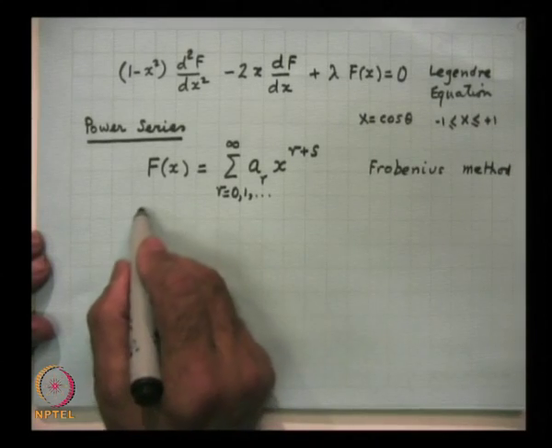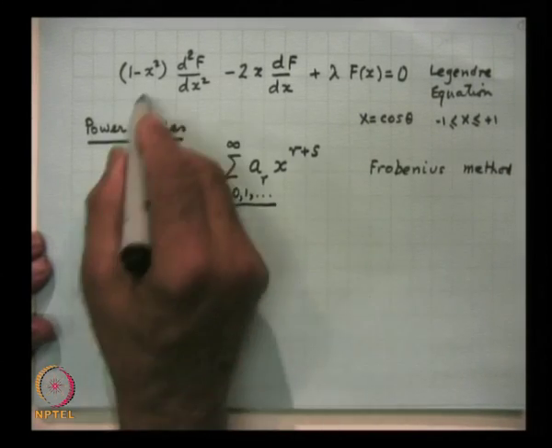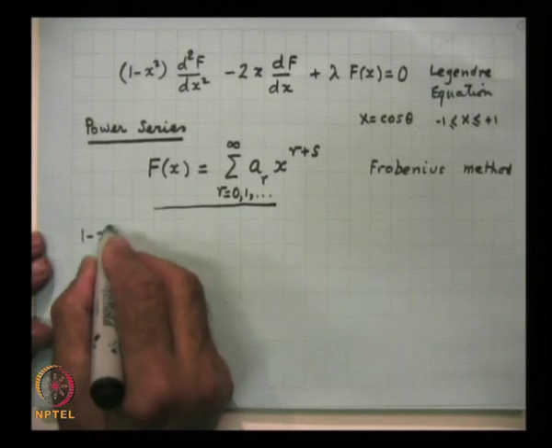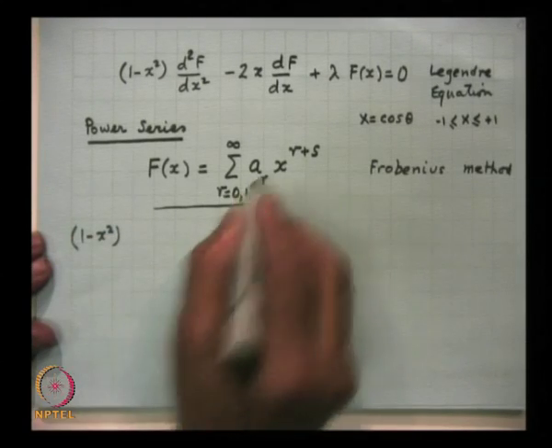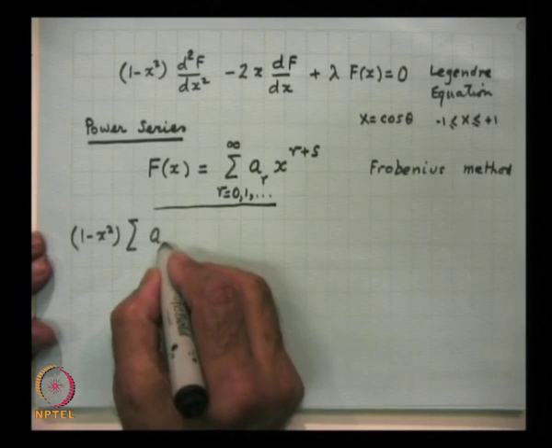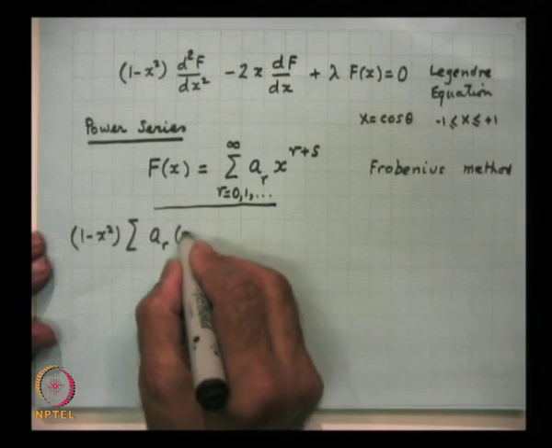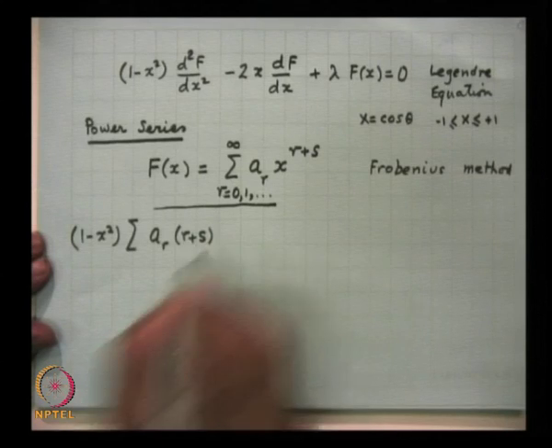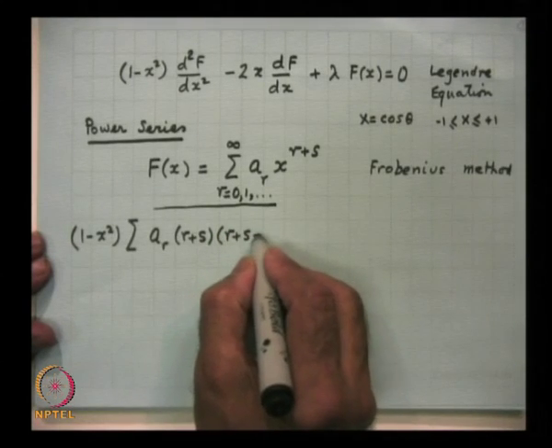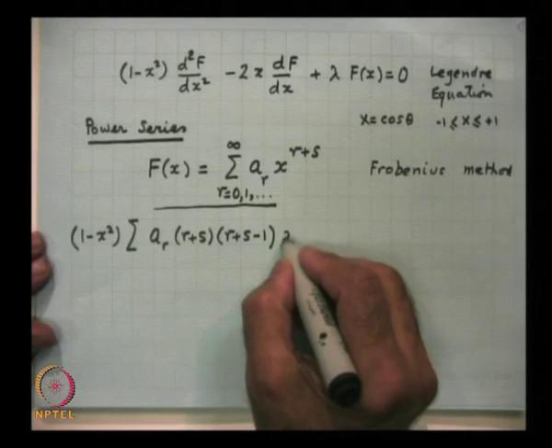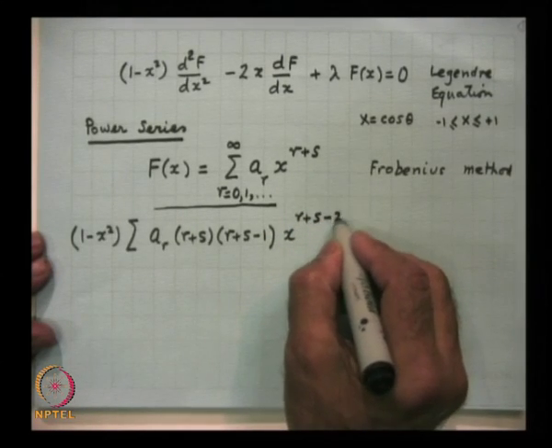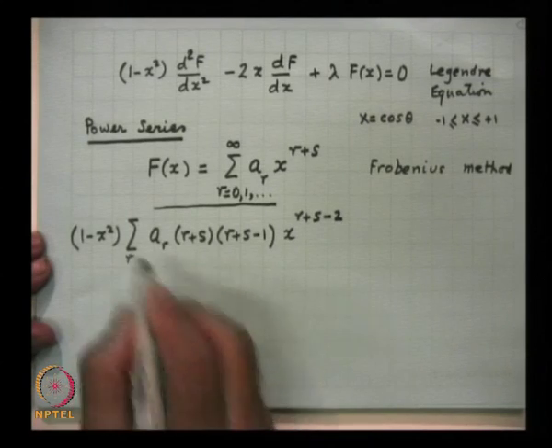Now, I substitute this solution in this differential equation. So, I will get 1 minus x square, and if I differentiate this expression twice, I will get a_r. The first differentiation will give me r plus s, and the second differentiation will give me r plus s minus 1, x to the power of r plus s minus 2, and the summation is over r equal to